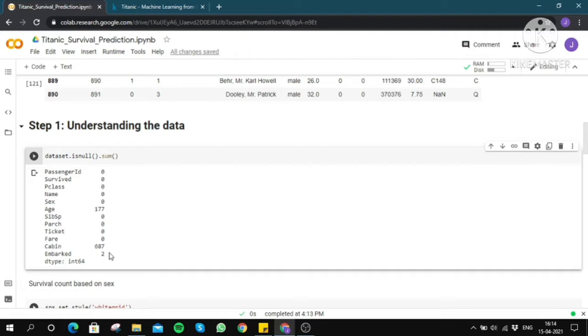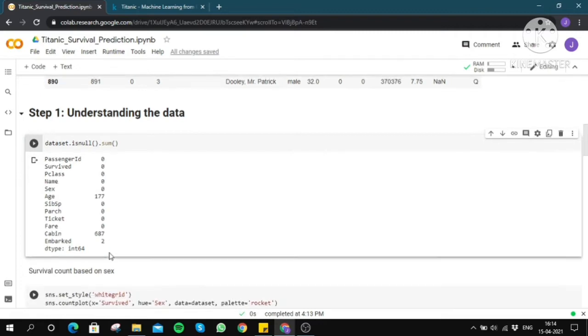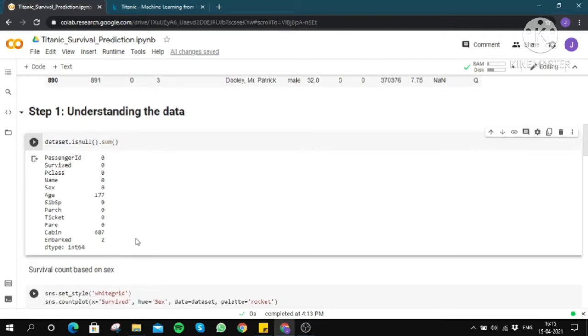Also, what we can do is either fill in the data present in the column from the row previous or after the row with the missing value, or we can use interpolation, or we can use the trend available in the particular column and write a customized function for filling the missing values. That is what we will be doing to take care of the missing values in the age section.